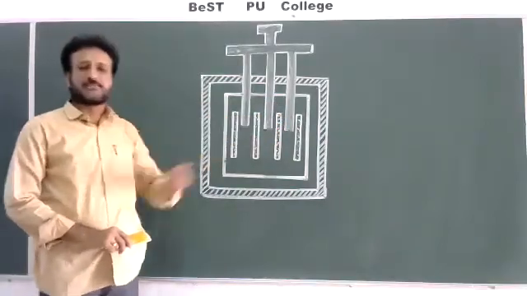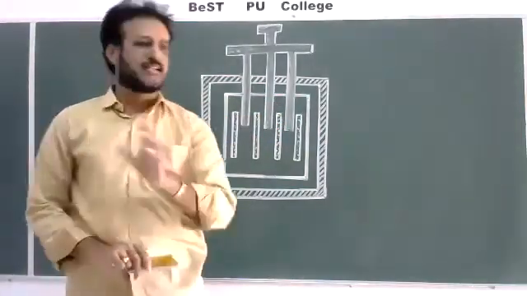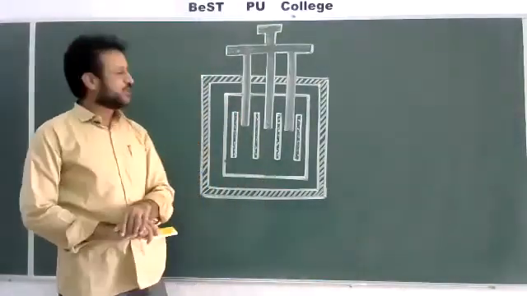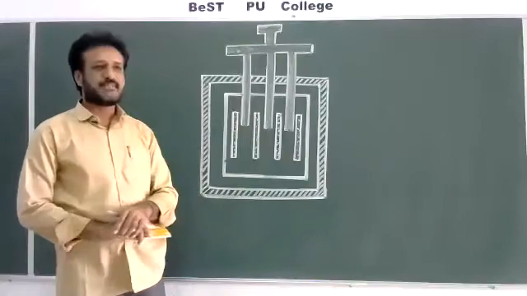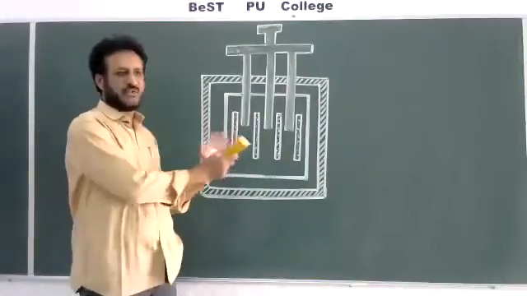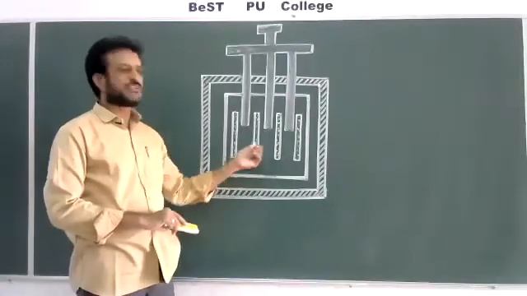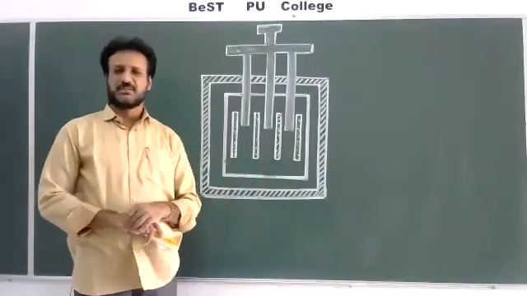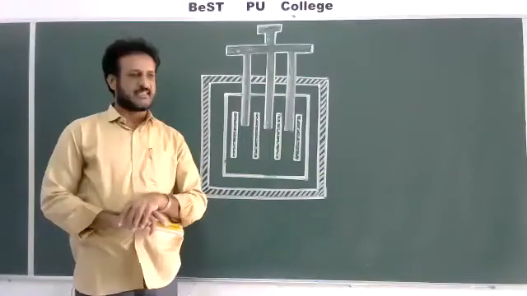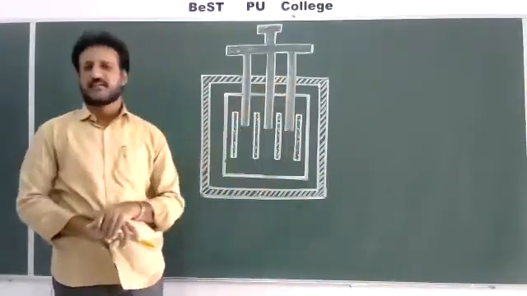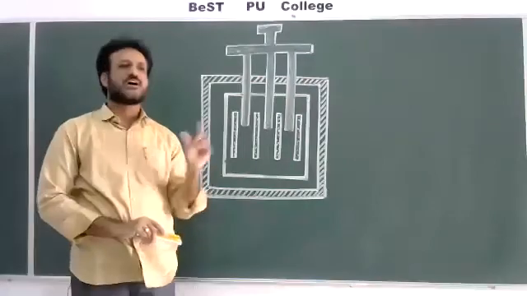Because of the nuclear chain reaction, a lot of energy and heat will be generated inside the reactor. From time to time, we have to remove the heat. Otherwise, the total reactor may be blasted. So to remove the heat we have to send a coolant, a cooling system like chilled water, liquid sodium, liquid potassium, or carbon dioxide inside, and the total amount of heat can be taken outside. That can be called a cooling system or a coolant.